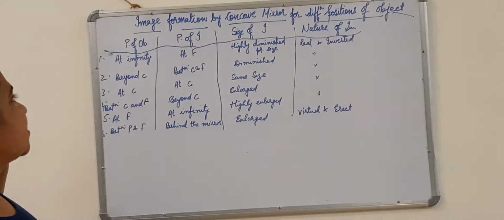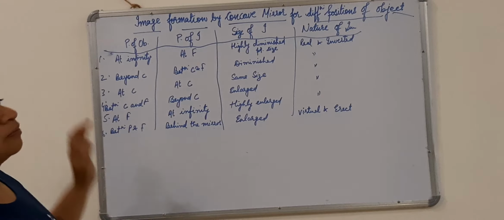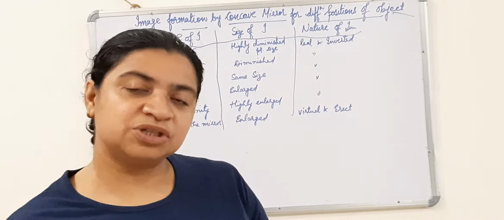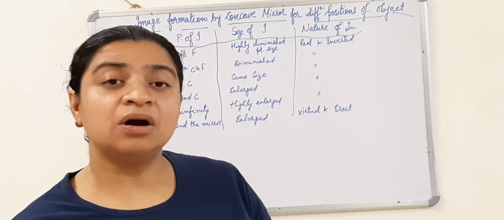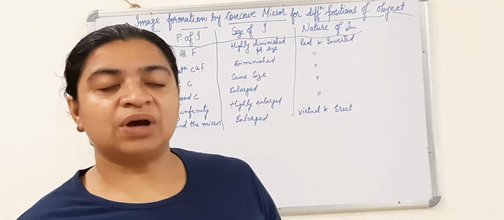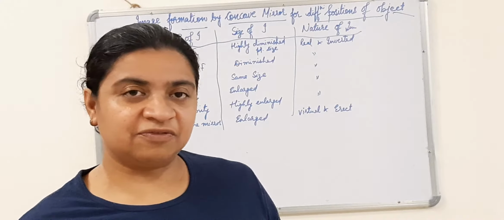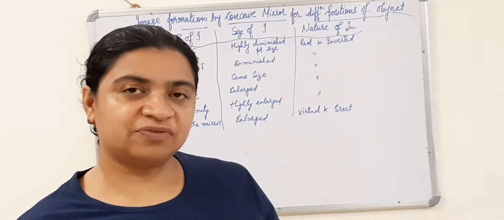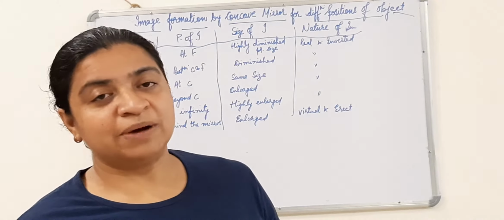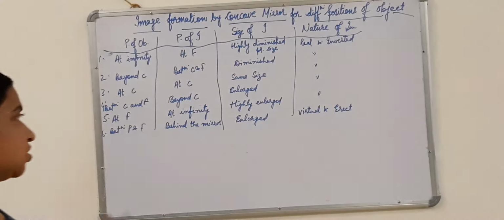Okay. So let's start our first part, that is position of the object. We will be given one thing, either position of the object or position of the image. Fine. So you have to learn everything by heart. First, position of the object at infinity. When the object is at infinity, what type of image is formed by a concave mirror? Children,